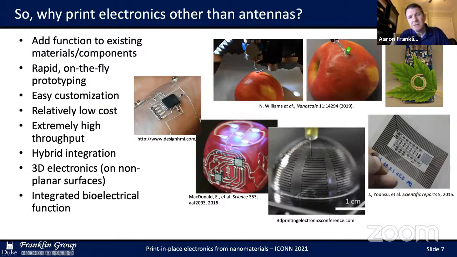And the answer is a lot of what we have yet to really realize and capitalize on in our electronics community. It's the additive electronic function onto existing surfaces in a direct write printing fashion. And it's enabling high throughput in what we may do with prototyping or hybrid integration. And you can see the list there on the side.